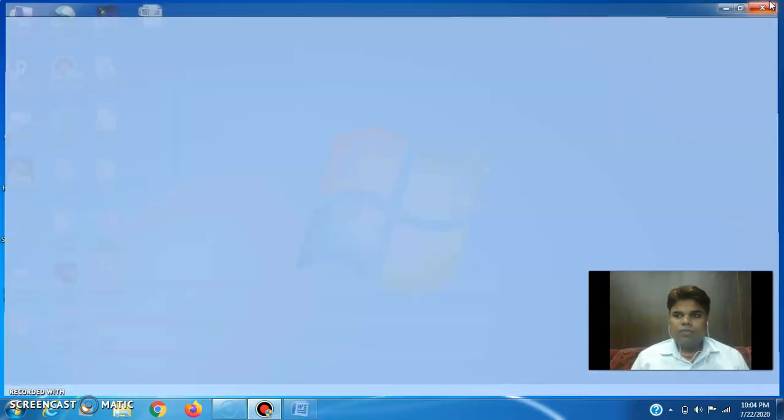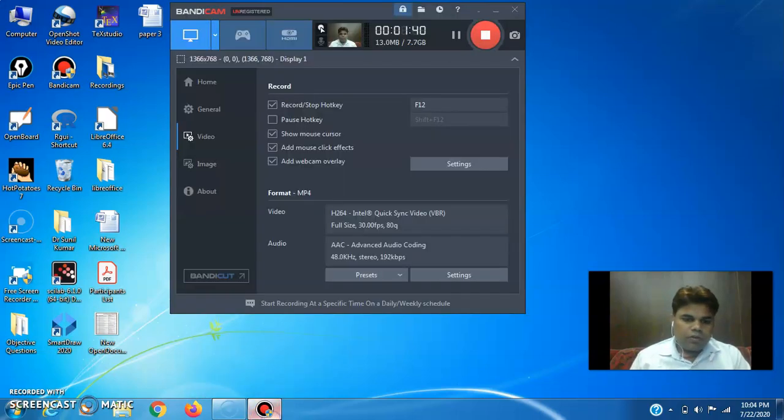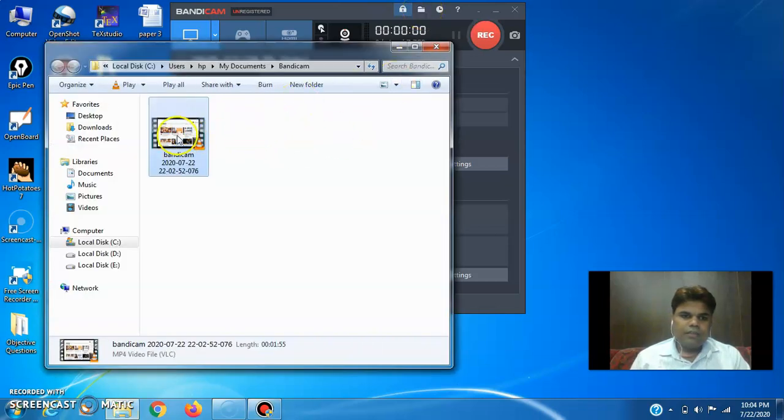Basically we have to know all the functions. Once we have tried it, we will get familiar with it. As you can see, it is recording here. Everything we do is just recorded there. Now if I want to close this recording, I click on the stop button. If I want to see the output of this recording, then this is the output folder. I click on it, and we can directly find this particular video file. If I want to play this,